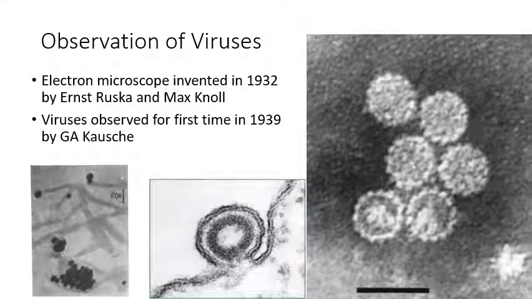Another more recent advance that was really important was direct observation of viruses. Viruses are a type of microbe that's extremely small, much, much smaller than any other microbe. And so you can't really see them with a light microscope. They're just too small. There's a couple of exceptions of ones that are big enough to see, but almost all of them are just way too small. They couldn't be seen until we invented the electron microscope, which was invented in 1932 by these guys, Max Knoll